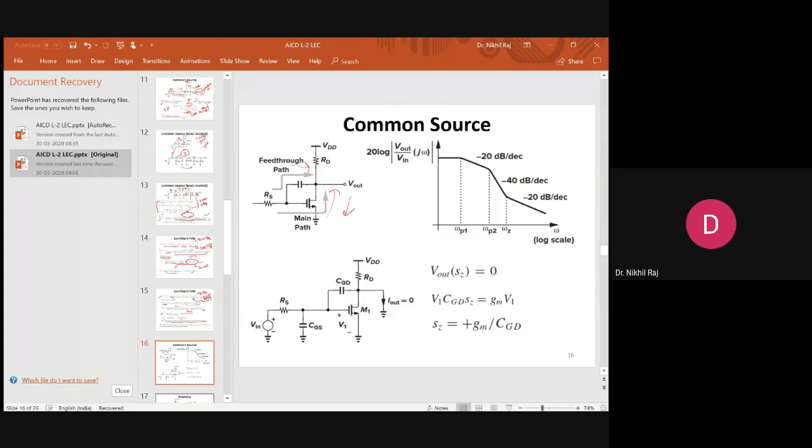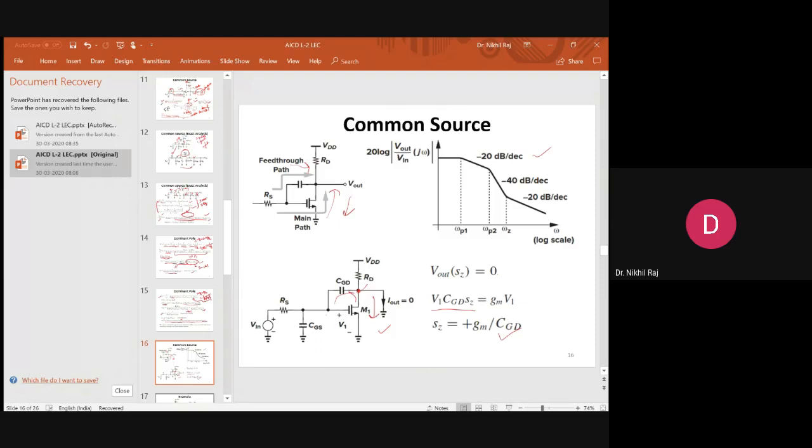Another way to calculate the zero is the point where the signal becomes zero, the v out becomes zero. So this is one of the ways to calculate. You equate your output to the ground, and from output to the ground you calculate the equation, that is gmv1. The gmv1 will equal the current, the sum of these currents at this node. The sum of this and this current will be zero. From there also we can predict the sz, the zero location.